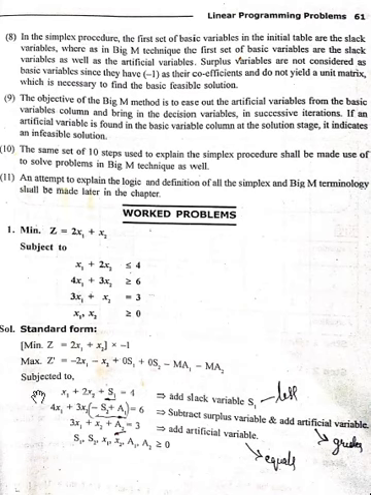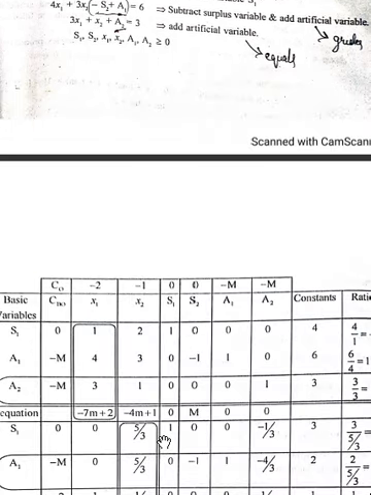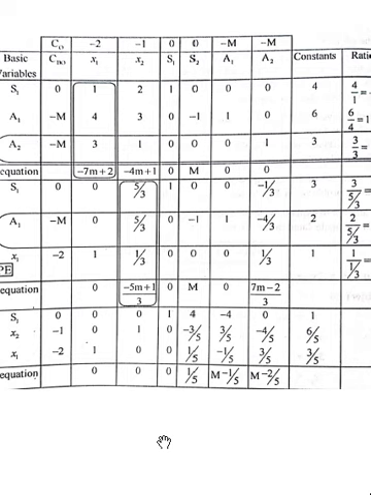Once you have converted the given problem to a standard format like this, we need to write down the last statement. All the variables we have considered, x1, x2, s1, s2, a1, a2, are greater than or equal to 0. Then, similar to the previous problems in the simplex method, here also we need to construct the table. In the table, for example, I will show below, this is the table that we need to construct.